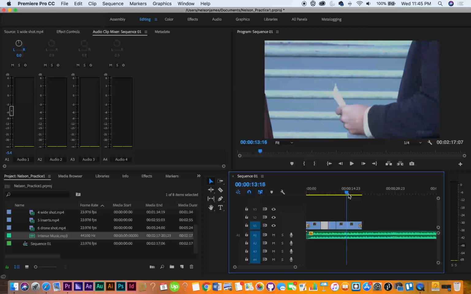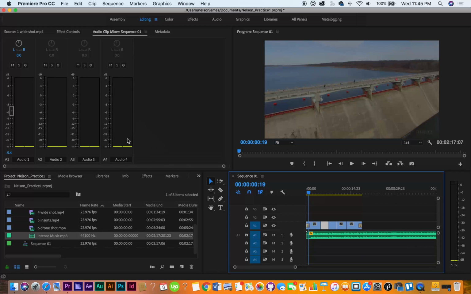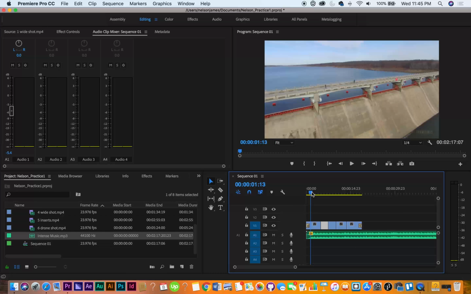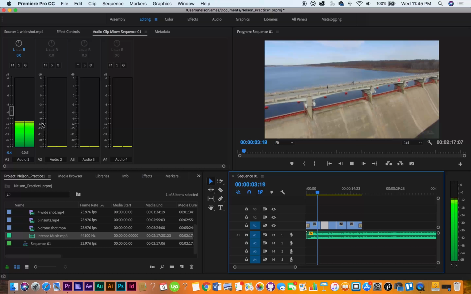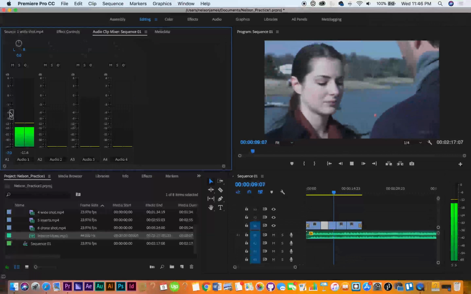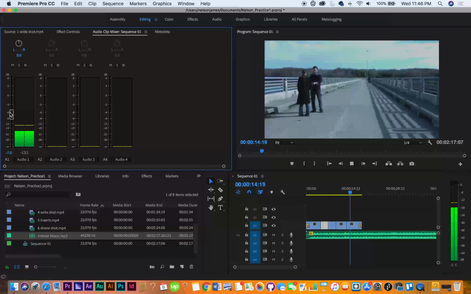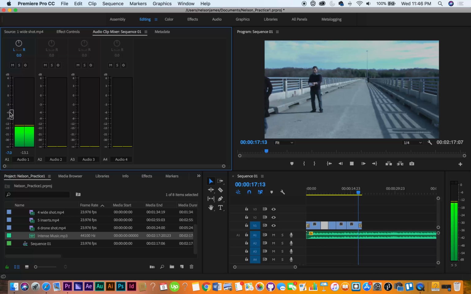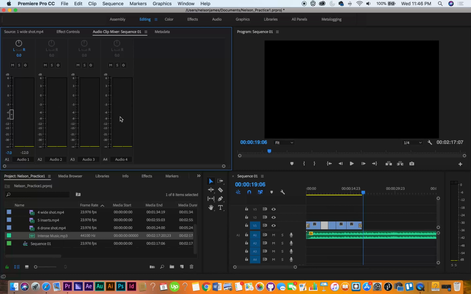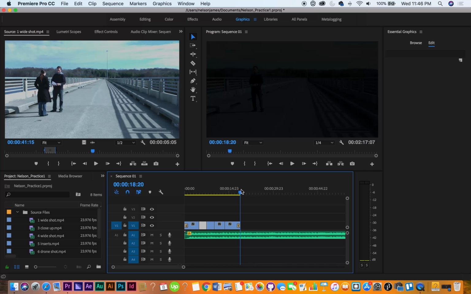So this may vary on the computer depending on the audio clip that you use. So I've put it at about negative 5.4 decibels, and that should be good. Okay, that looks good. So now we're going to go to our graphics workspace, and we're going to create a